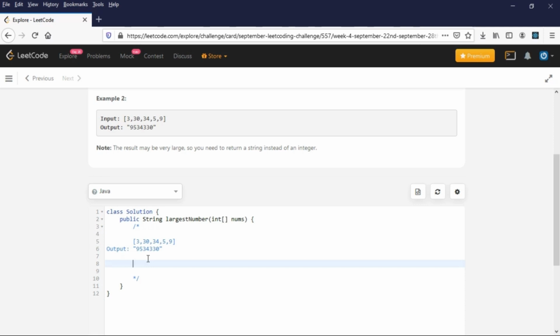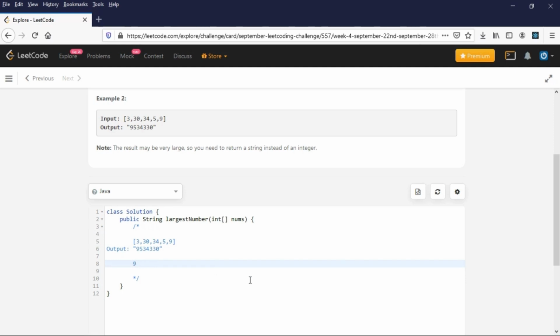So if you see, one very simple logic would be that whatever is the highest number should come first. In this, the highest number is 9, so obviously 9 should come first. That doesn't mean that between 34 and 9, 34 is highest, because we have to check the first digit. Between 34 and 9, what is the leftmost digit? 9 is the leftmost digit. In 34, 3 is the leftmost digit. So between 3 and 9, 9 is the highest, right?